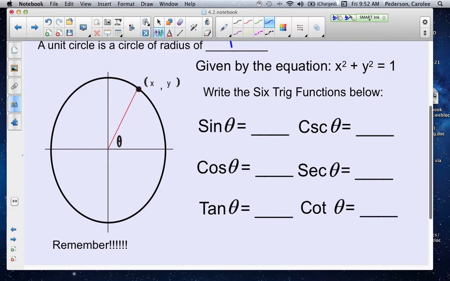The x value, the ordered pair on the x value of the circle, is going to represent the cosine of this angle theta. So we call that the x piece. The y value on the ordered pair of this circle, the unit circle, is the sine